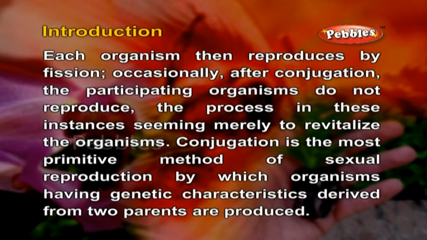Occasionally, after conjugation, the participating organisms do not reproduce, the process in these instances seeming merely to revitalize the organisms. Conjugation is the most primitive method of sexual reproduction by which organisms having genetic characteristics derived from two parents are